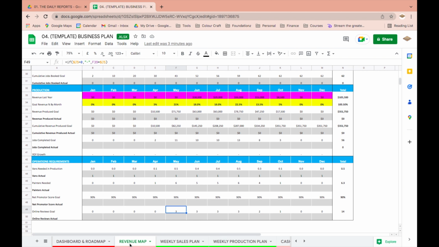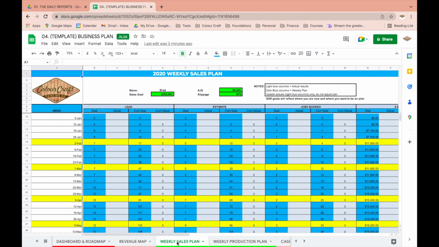So the sales plan right here and the production plan over here is really just taking each of these months and breaking it down by the week. And that becomes how we're going to cover it in a couple of videos from here. We're going to cover goal setting and review, which is like formal business coaching to execute the business plan. It's basically formal accountability coaching and building strong results-oriented plans.